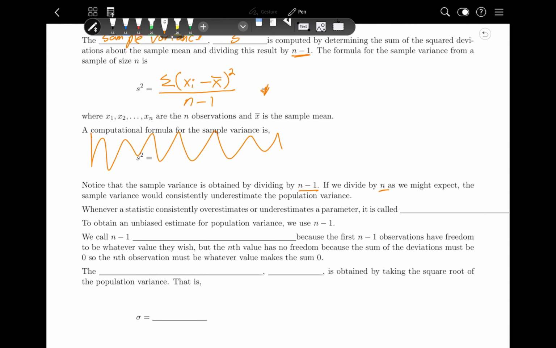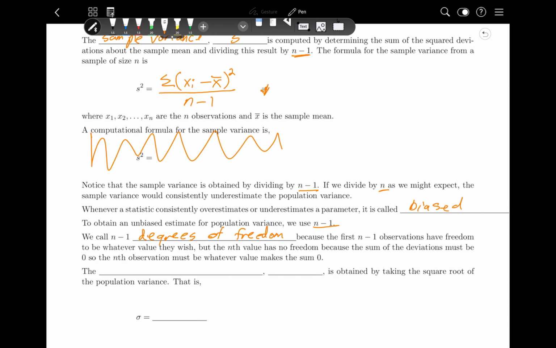Whenever a statistic consistently overestimates or underestimates a parameter, it is called biased. So to obtain an unbiased estimate for the population variance, we use n minus 1, because by subtracting 1 from n, we're dividing by a smaller number. When you divide by a smaller number, you get a larger result. We call n minus 1 the degrees of freedom